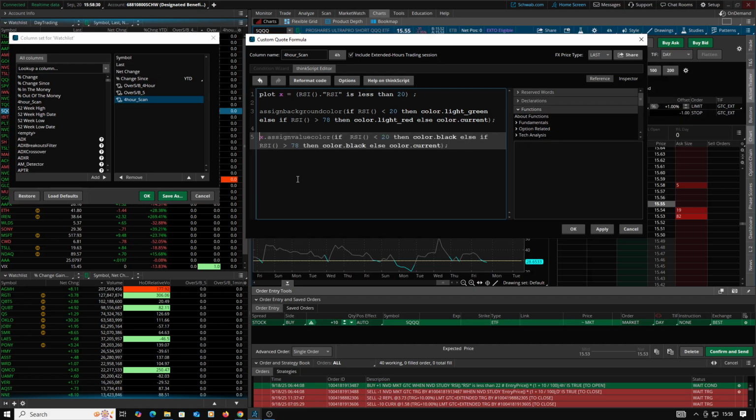We're going to comment out and we're going to talk about it. So, X, we're calling the plot. What is our plot? RSI less than 20, something that is oversold. X dot assign, okay, assign value color. What is value? Value is these zeros and ones. Same thing here. These are the values, 177, 306. Those are the values. Assign value color in parentheses if RSI, open close parentheses, is less than 20, then